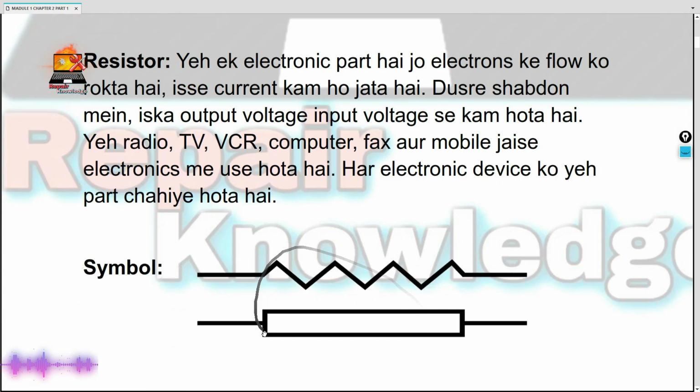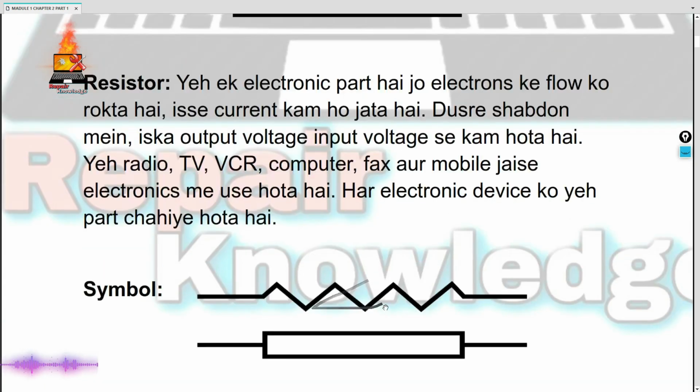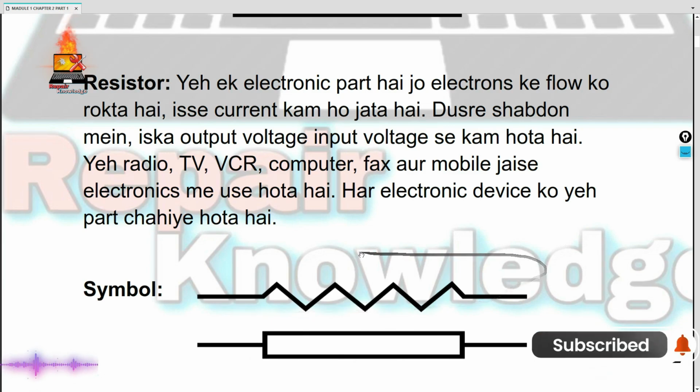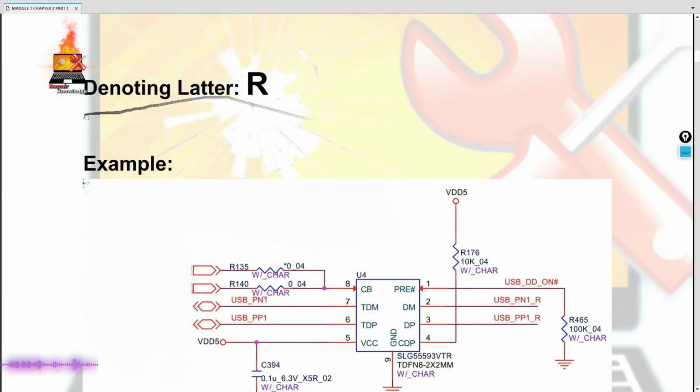You can see below here, this is our symbol. When we work at the schematics level and open the schematics, we will be shown this symbol. Then by seeing this symbol, we have to recognize that this is a resistor. This second one, which is visible, is also a symbol, and it is used somewhere in some schematics, but by default, mostly this first symbol is what we use. All right, let's move on.